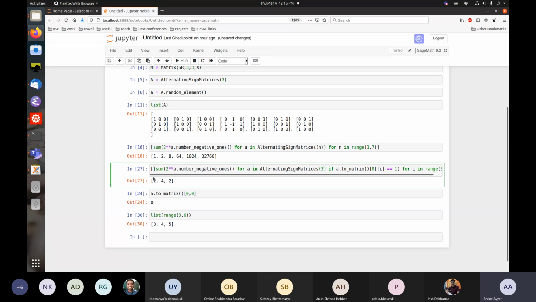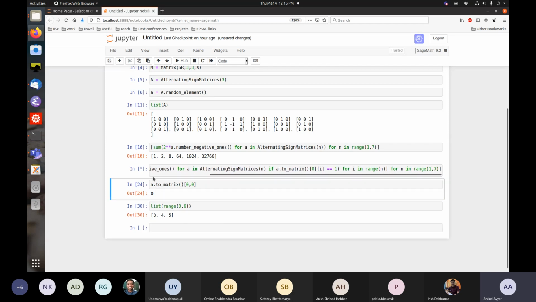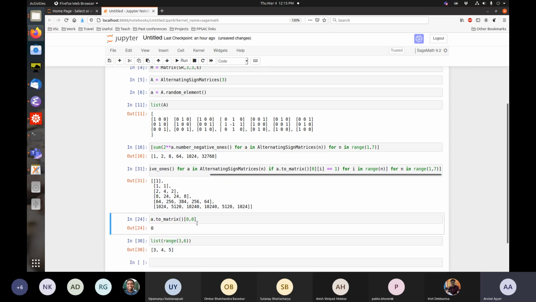Okay, so now let me make a table. Let me change this to n, and I'll also change that to n. Now for n in range, how many did I manage to go up to? 7? I should be able to do that. So this star means it's complete. Now let us stare at this data. Do you see a pattern?